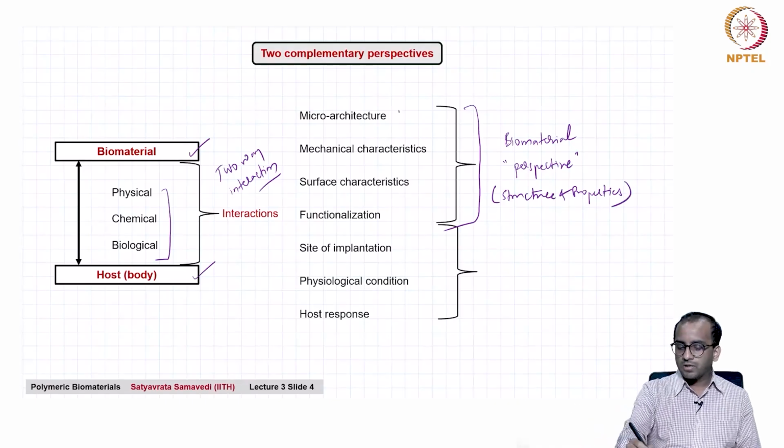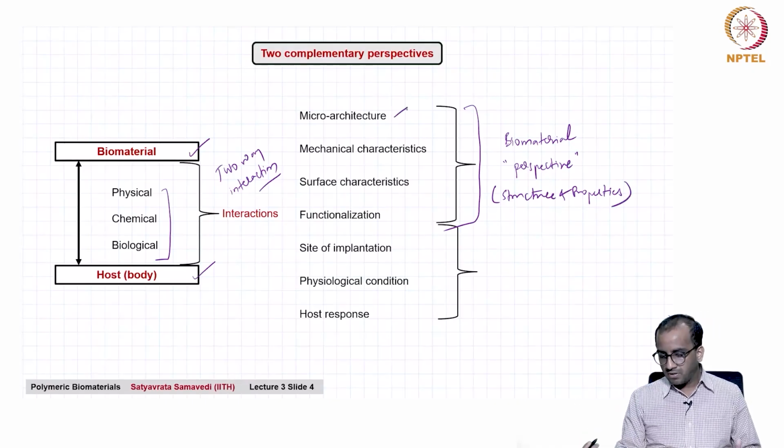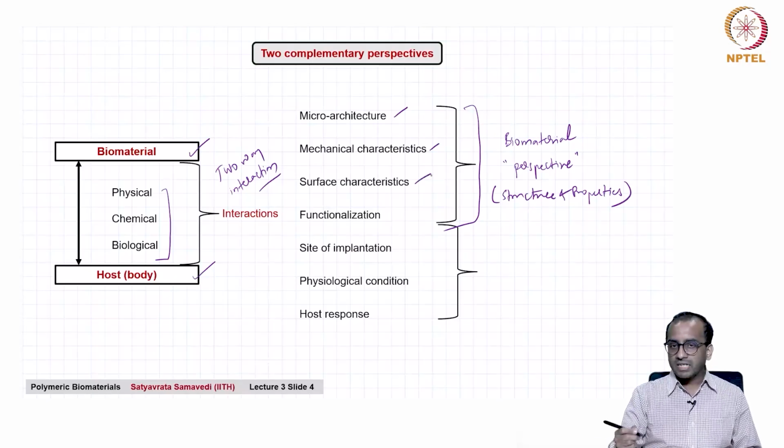So you can talk about microarchitecture of the material. You can talk about bulk properties such as mechanical characteristics, especially if you're using it in a load-bearing application. You can also talk about surface characteristics, which is also important for a very different reason, because surfaces ultimately are the ones onto which proteins will adsorb, and the entire foreign body response or the identification of the material as being foreign by the body is initiated based on proteins being able to adsorb onto the material, and that's largely